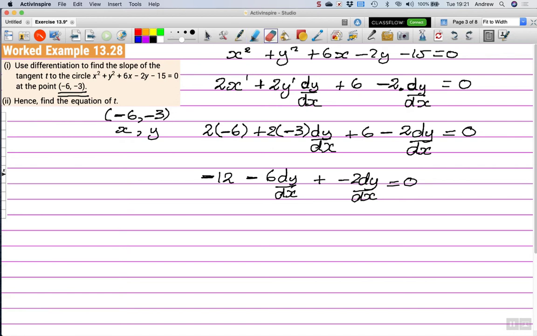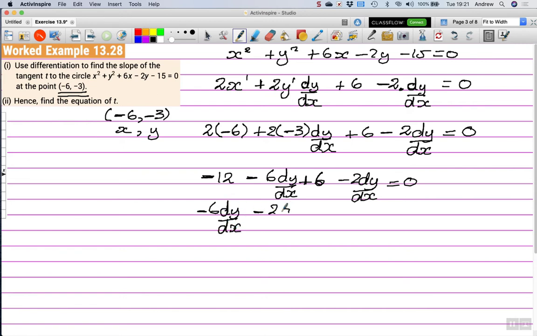Seem to have missed out a plus 6 somewhere along the way. So just slip that in there. I'm sure none of you noticed the deliberate error. Now we move on. Minus 6 dy/dx